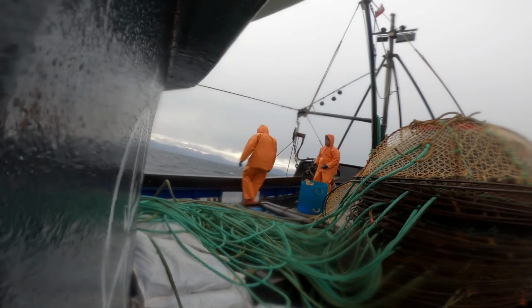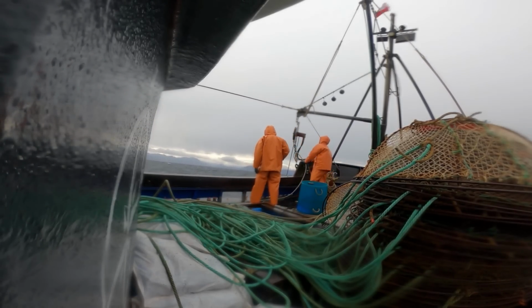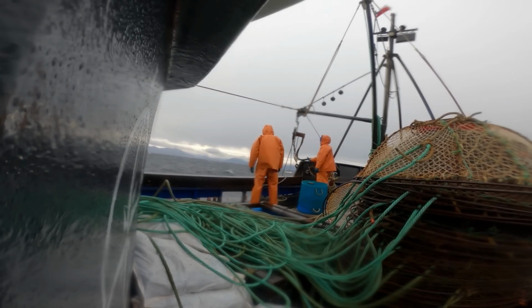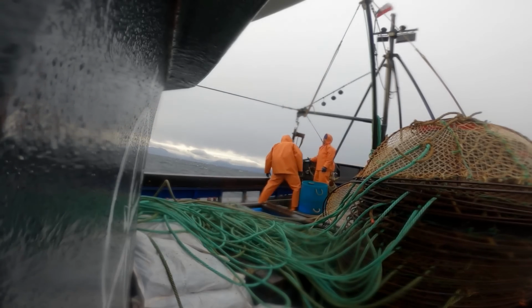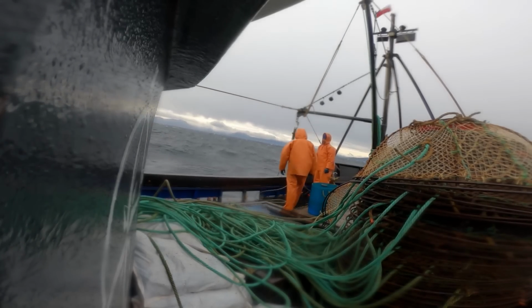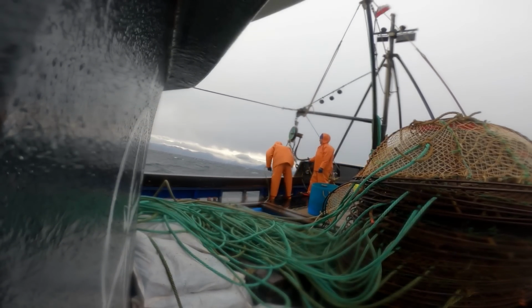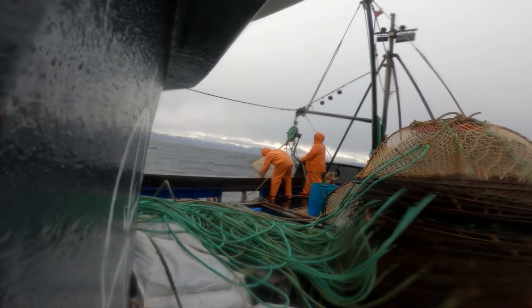GPS and sensor technology have been widely used in the crab fishery, allowing fishermen to accurately locate crab traps and track them remotely. This system reduces search time and increases fishing efficiency, while also helping to protect the environment by minimizing the impact of traps on sensitive areas. Technological developments have led to the use of automation in crab fishing. Automated trap